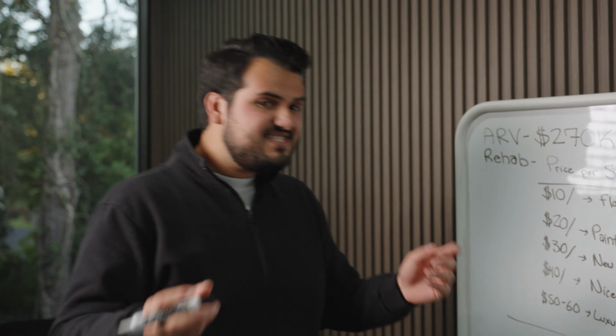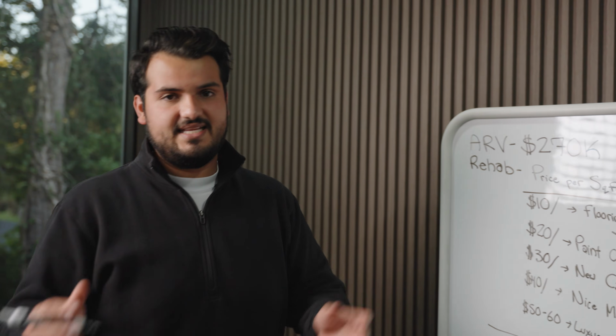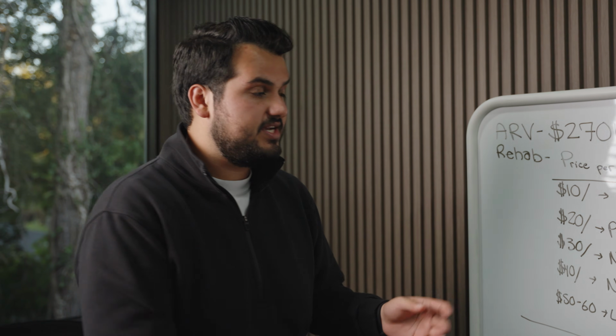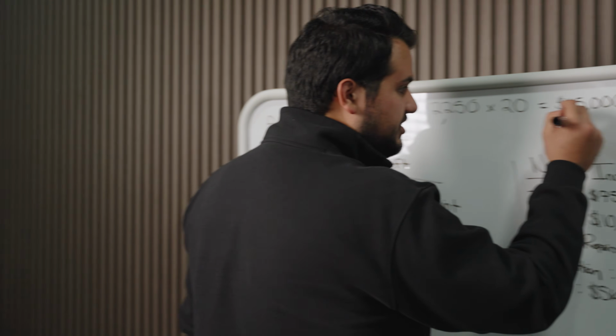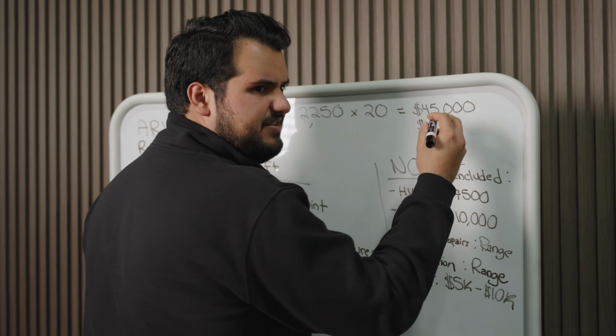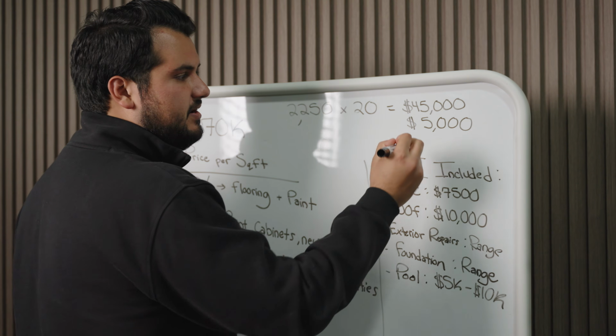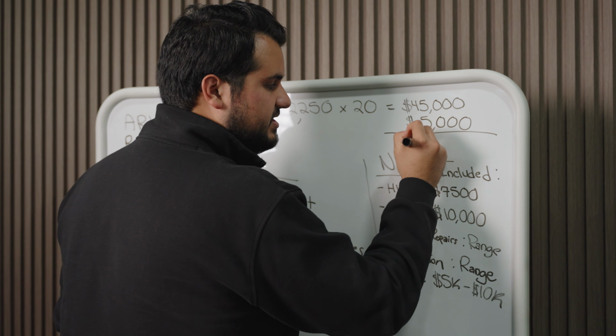Now, I did see when I go into the house, there might be some siding that needs to be replaced. There may be some window repair. There may need to be some pressure washing. So I do think this will likely need an additional $5,000 to $10,000, likely closer to the $5,000 range in exterior repair. So now what our rehab costs is $50,000.